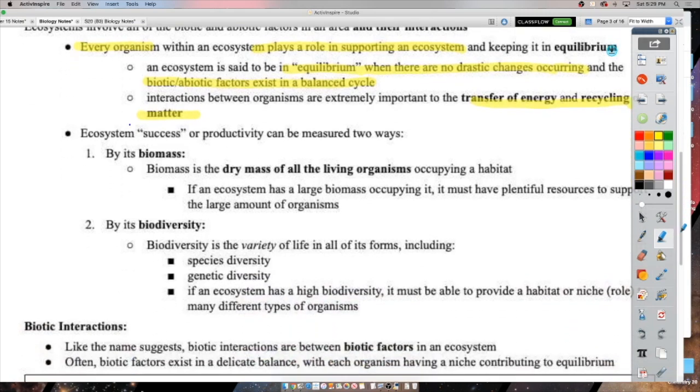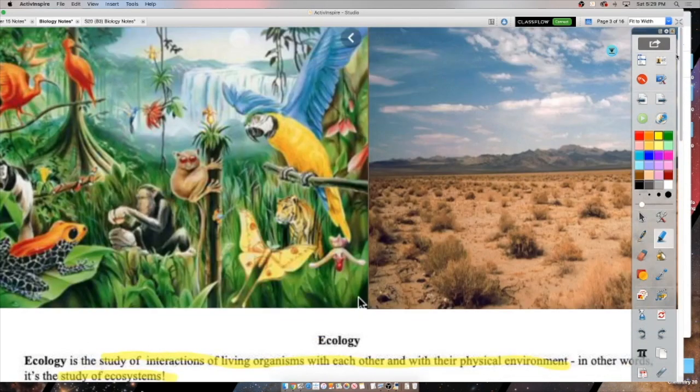So how do we look at an ecosystem and say this is a very successful ecosystem or this one is okay, right? Now, all ecosystems are important. All ecosystems do support life, but you can definitely look at them and say, okay, life is really thriving here, not so much here. So that's what this example at the top is about, right? Looking at a lush rainforest with all kinds of critters everywhere, plants, lush greenness, right? Insects everywhere. You can say, wow, life really likes it here, right? Life is doing very well here.